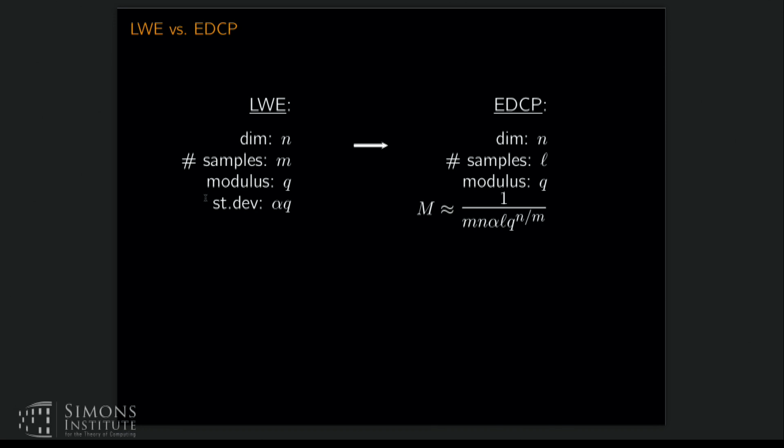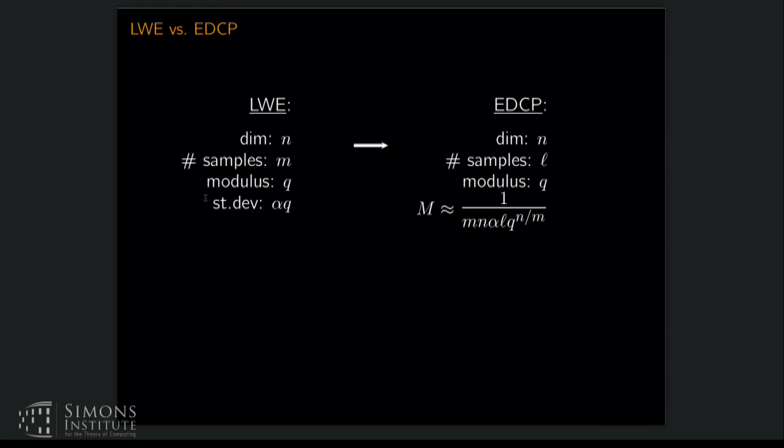For the number of samples, there is an interplay between the number of samples and standard deviation of LWE, the number of resulting samples, and the M. Note that alpha is between 0 and 1, so alpha is smaller than 1, and M, N, L, Q to the N over M are bigger than 1. So M is really kind of small, when we can say that M is poly. If alpha is poly, M and N are poly. If you want L being polynomial and Q, but if you actually plug in the parameters, M will be rather